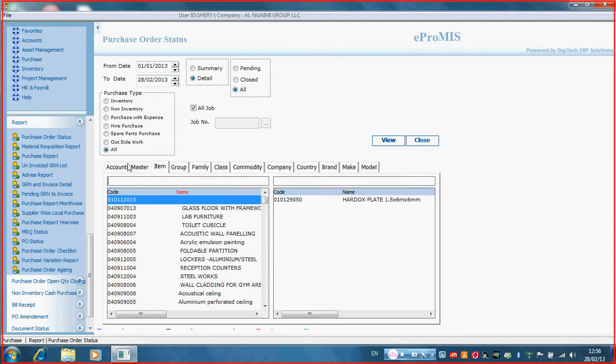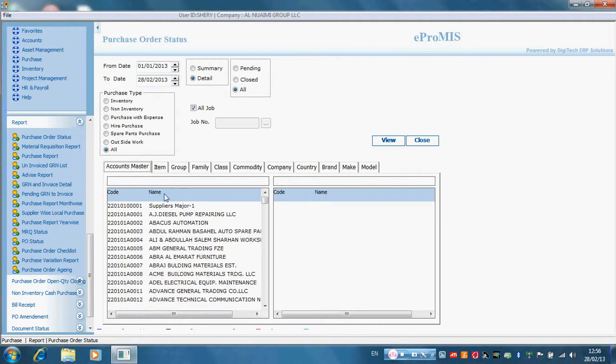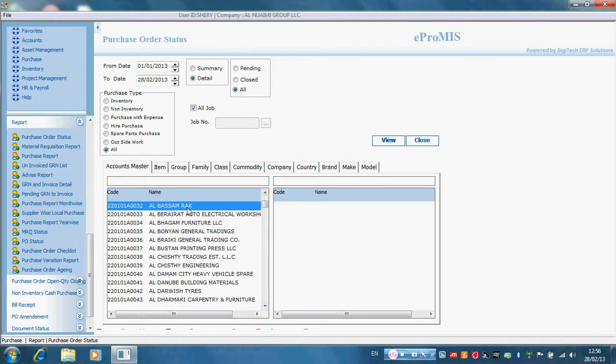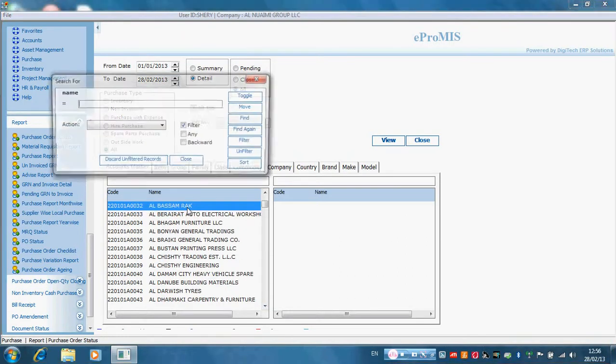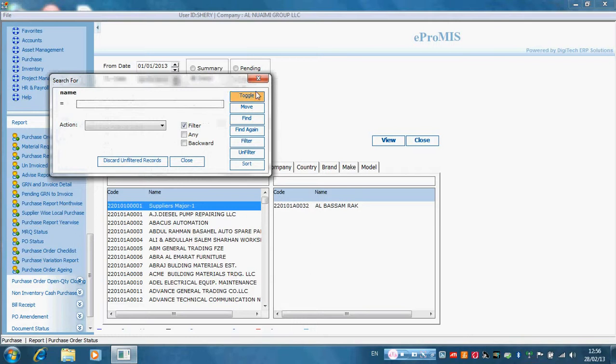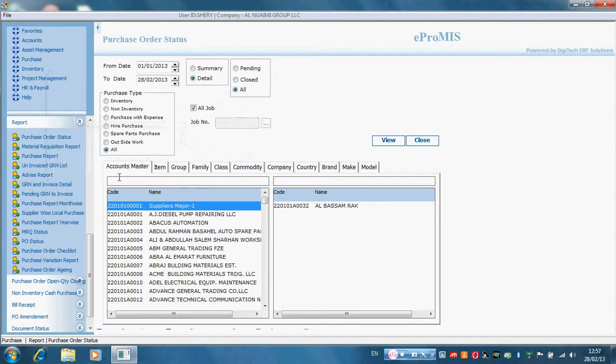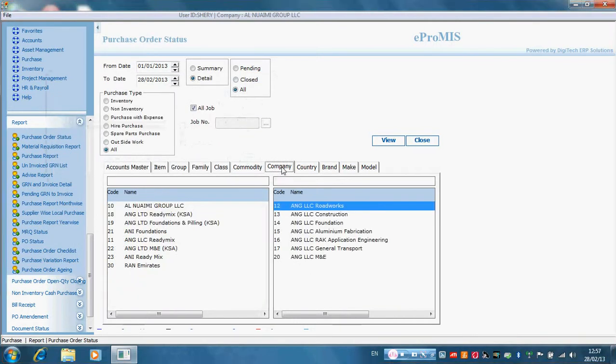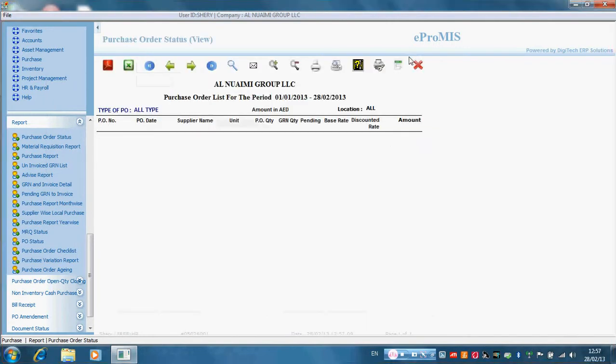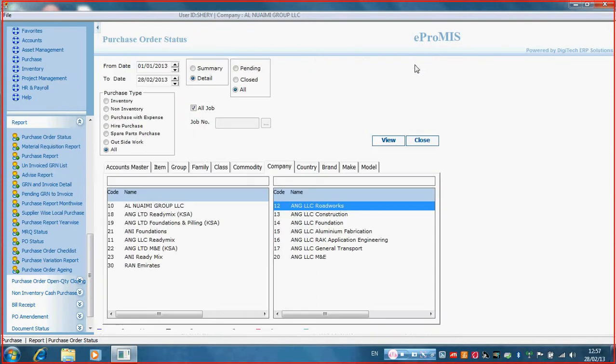And if we have to check the details, like whatever items we have purchased from a single supplier over a particular duration, just have a check as Al Basam rack. We need to check what are the items we purchased from Al Basam rack over this duration, from January to February. And the company also the same. We need to know the whole details. As view, it's showing like